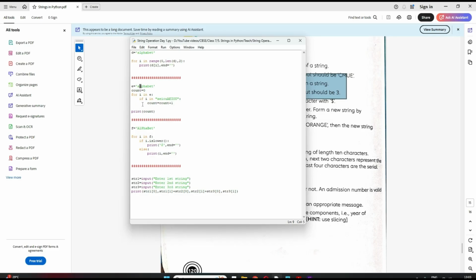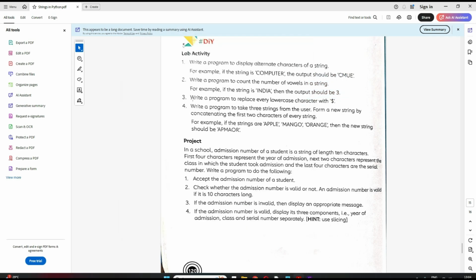No, it is not. So my count will still remain the same. It will go up. Now I will be P. P lies here, no. Again, count remains the same. It goes up. Then H, again count will not increase. Now again A comes, then it lies here, it will come to this, count increases, it goes up. This way it goes, and finally it prints the count for me. Clear? Now see the third one.